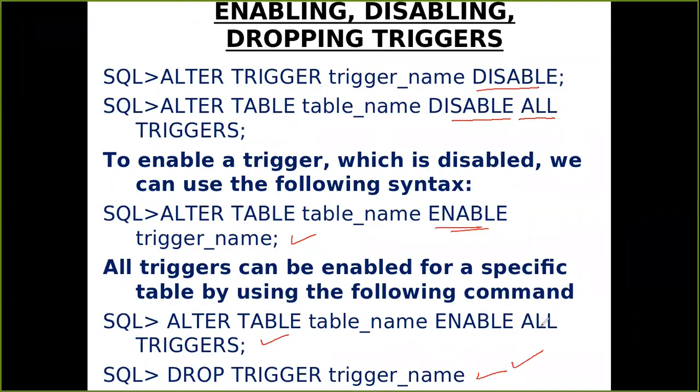So triggers are really very useful in real-time scenarios. They can be executed automatically when some event occurs. You can associate the trigger with some event, and that trigger will take care of all the logic and tasks you want performed automatically when something happens. So that is all about today's lecture. Any doubt, any question, you can ask.